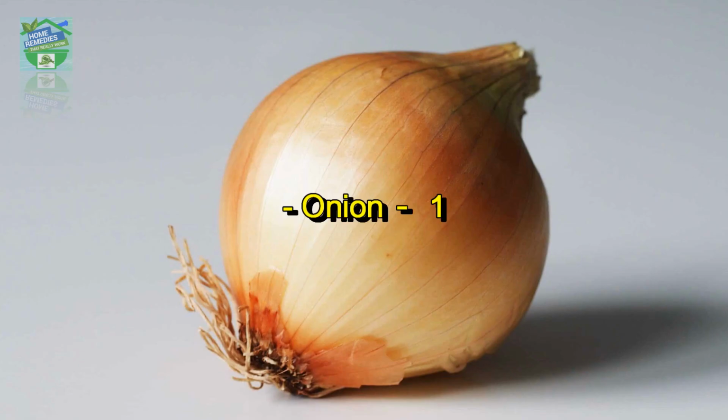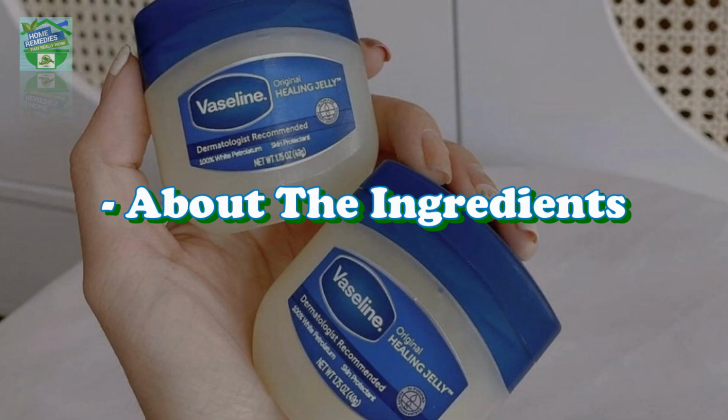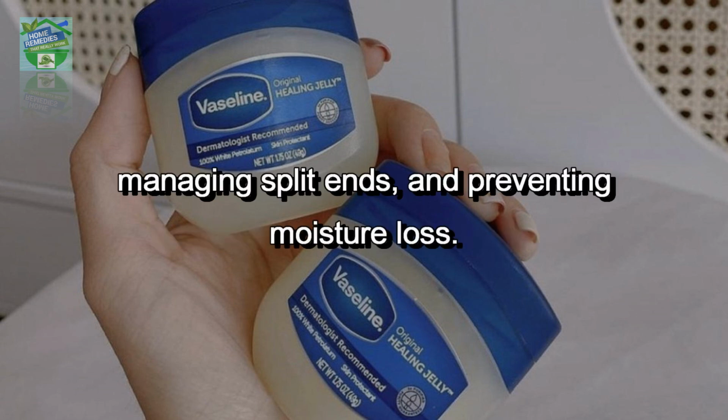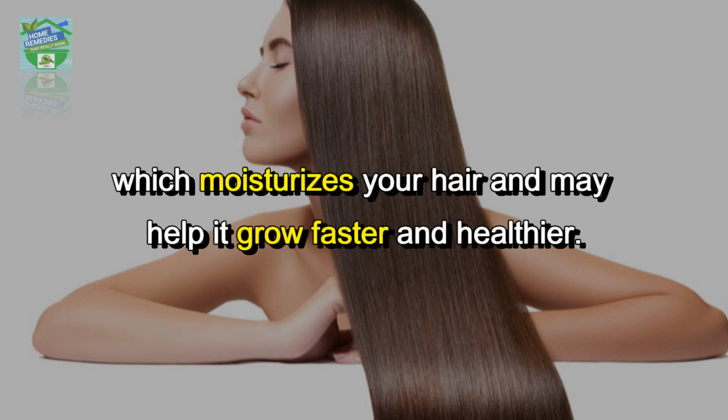You will need onion 1, Vaseline 1 tablespoon. About the ingredients. Vaseline promotes hair growth and health by combating dandruff, managing split ends, and preventing moisture loss. The Vaseline will likely soak into your hair roots as well, which moisturizes your hair and may help it grow